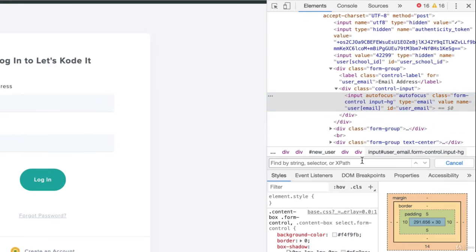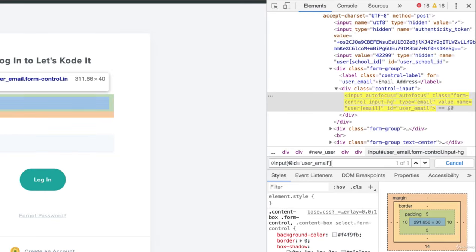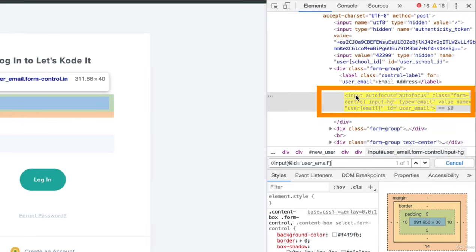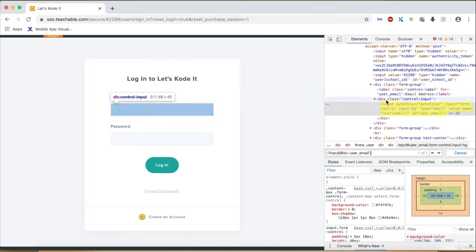So what we can do here is build a simple XPath: input @ID equals user email. And hit enter, and if you notice it shows here 1 of 1 and it highlights the element also. And if we hover the mouse on this, on the screen also it highlights the element. So it tells us that this ID for this input is unique and we are good to use it.